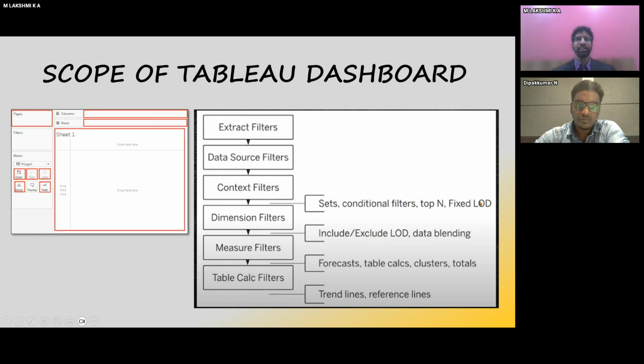There's a particular reason for this, because of the concept of granularity and aggregation. What is granularity? When you're scoping down on particular data, at what level are you seeing it?